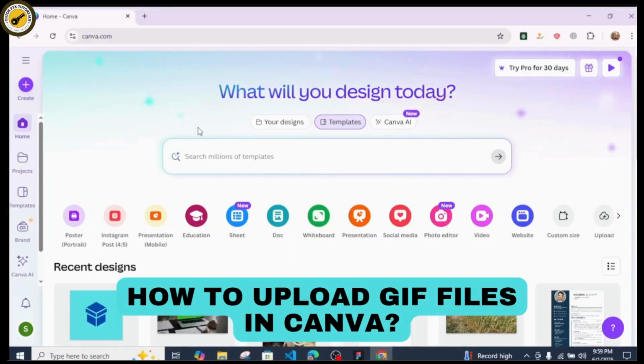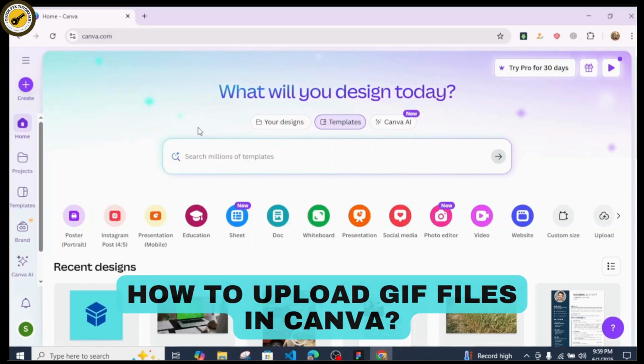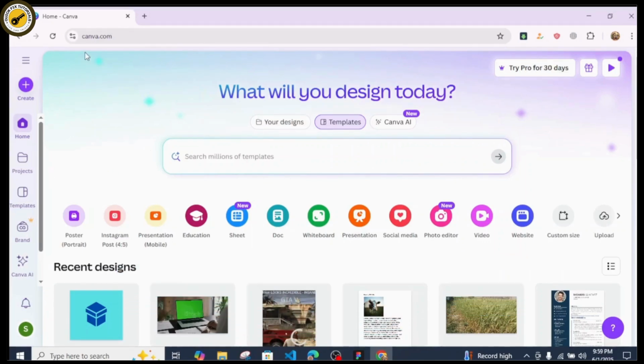In this quick tutorial, I'll be showing you how you can easily upload GIF files in Canva. So let's get started. First, just head over to any of your favorite browsers and simply log into your canva.com